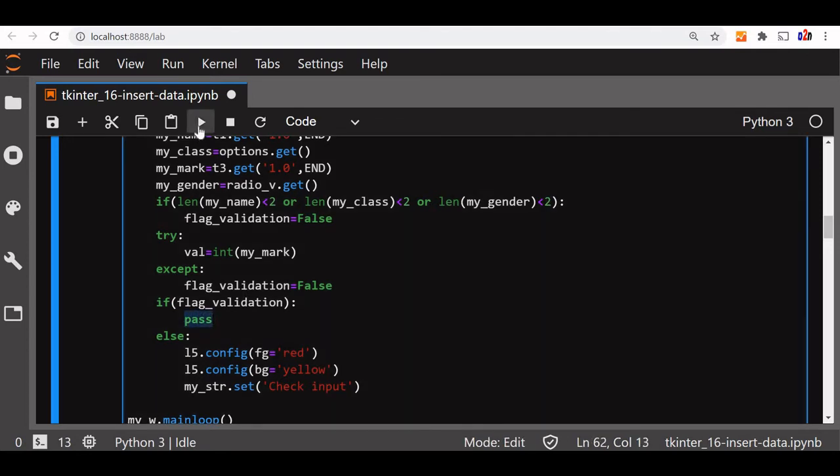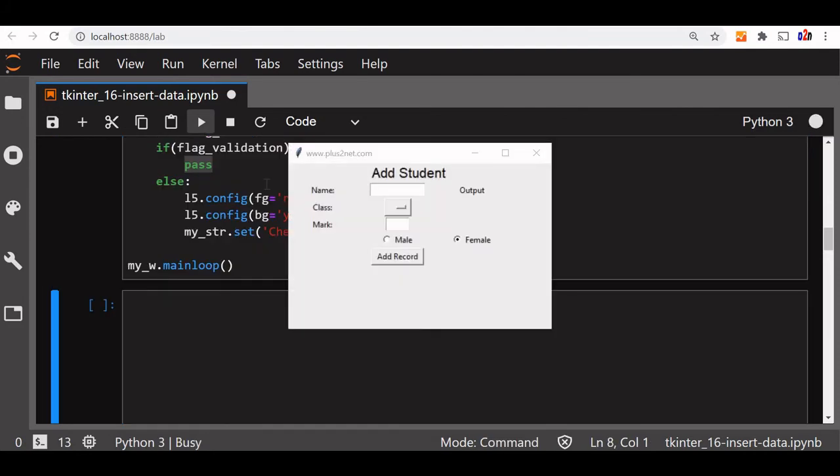Let's run and check our code once. Yeah, it has come. Now let me click add record. You can see it's saying check input because I have not entered a lot of things. So let me enter one text here. The minimum is 4, I know. Then I am selecting one option. Now I still missed the mark, but it will still tell me check input.